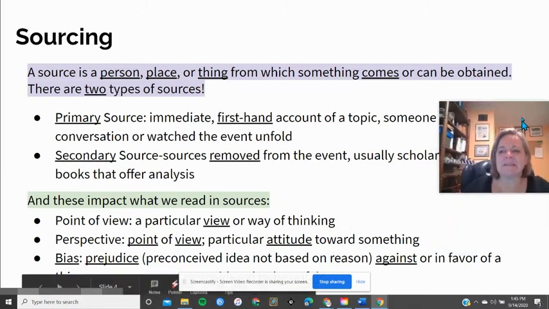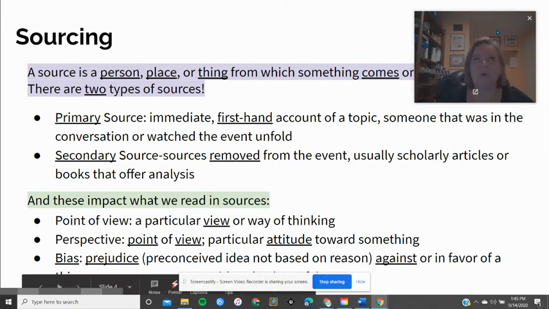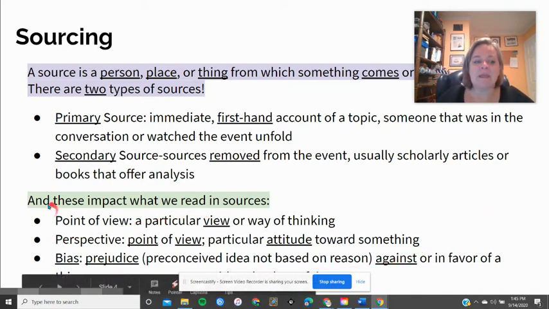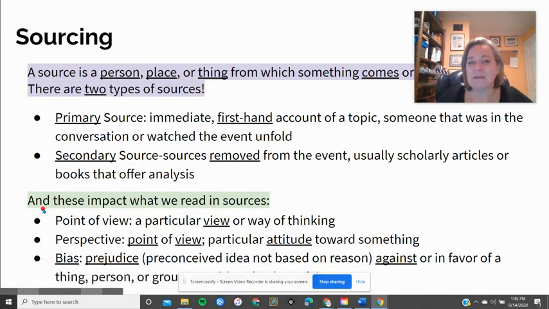Those are things like textbooks that we read, or maybe History Channel documentaries that we watch. If you've ever watched John Green's Crash Course, John Green, it would be a secondary source. Now, what you have to watch out for when you're consulting either a primary source or a secondary source